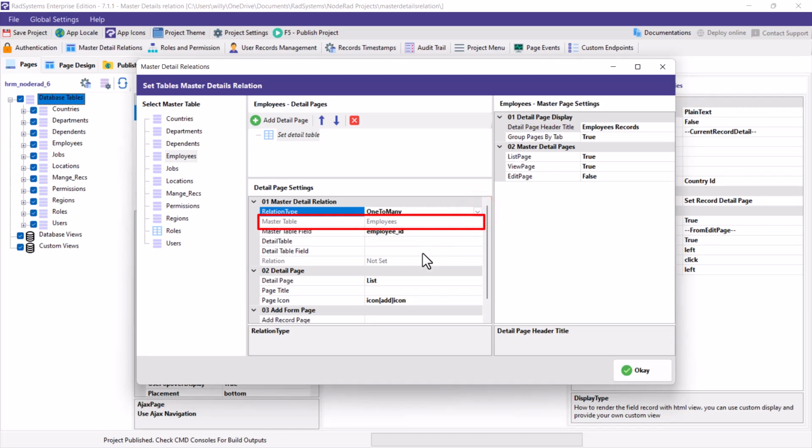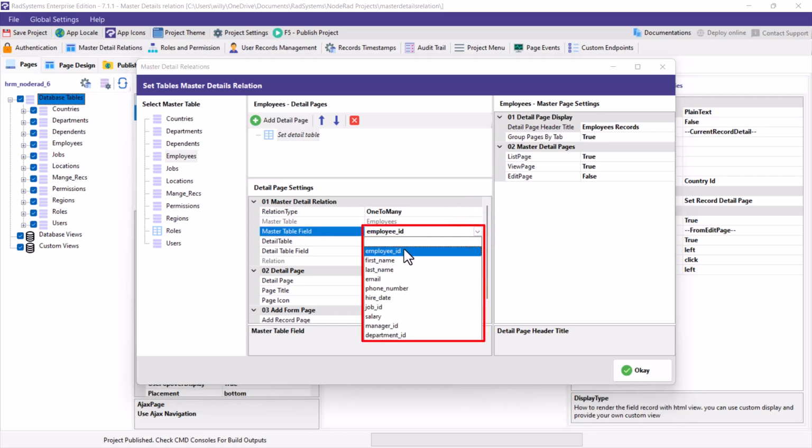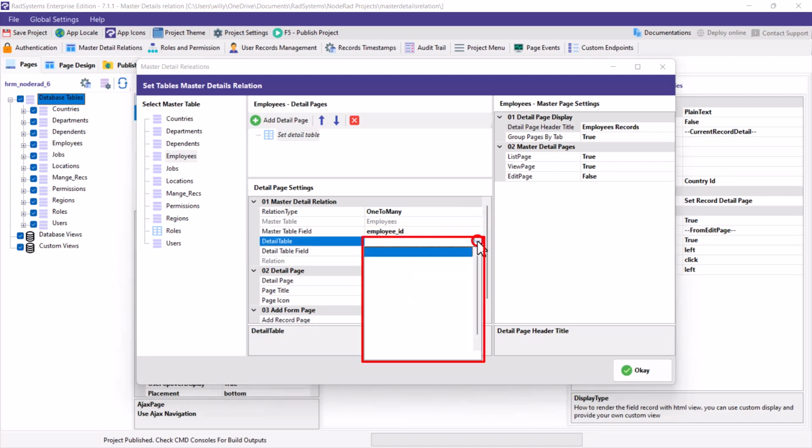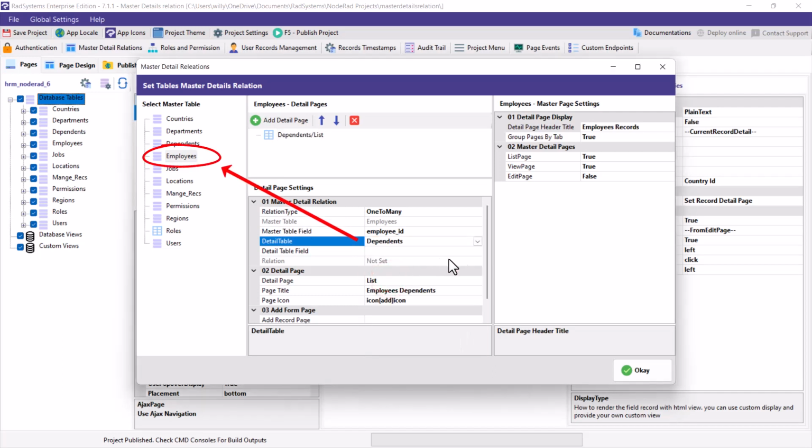Master table settings cannot be changed as it is the table you are currently working on. The master table field is the field on the master table that connects or links the details table record to the master table record. On the detailed table configuration, this is where you select the details table you want to link to the current master table.